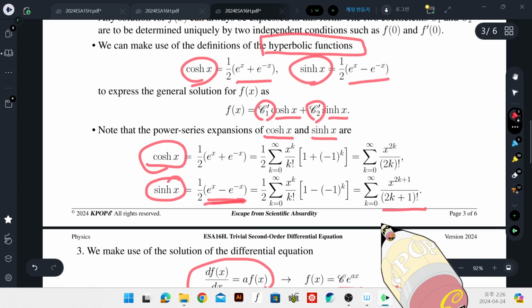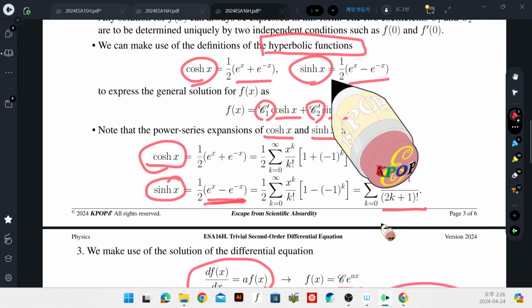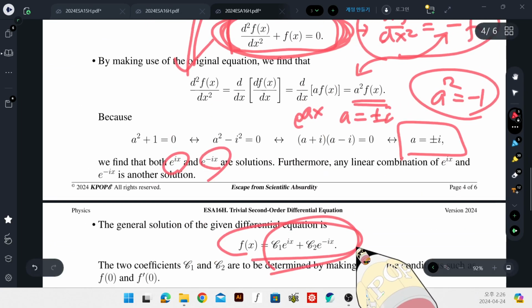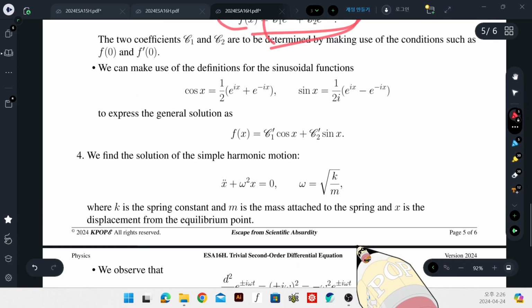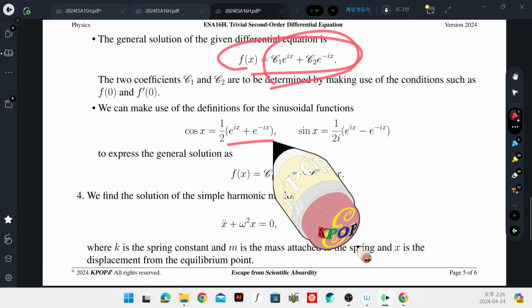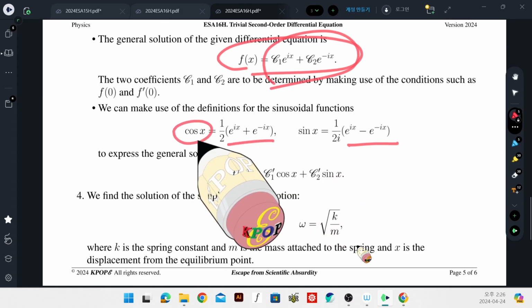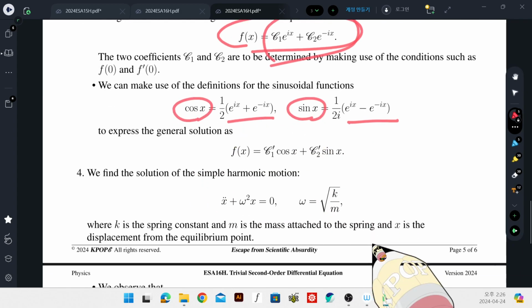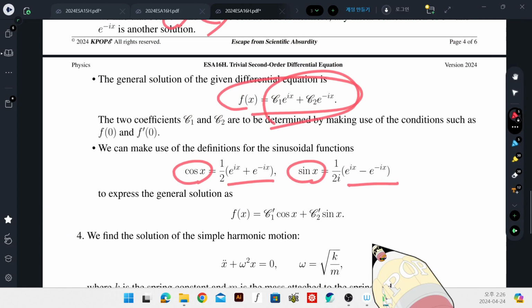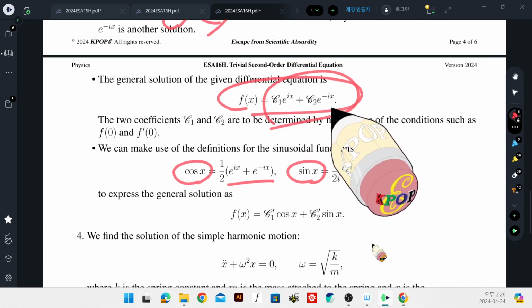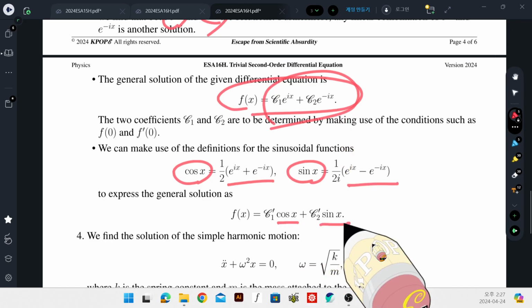Again, just like what we have done with the exponential function, we have an even part and an odd part. The even part is cosine and the odd part is sine. Sure, exponential ix and exponential minus ix, their linear combination can always be expressed in terms of a linear combination